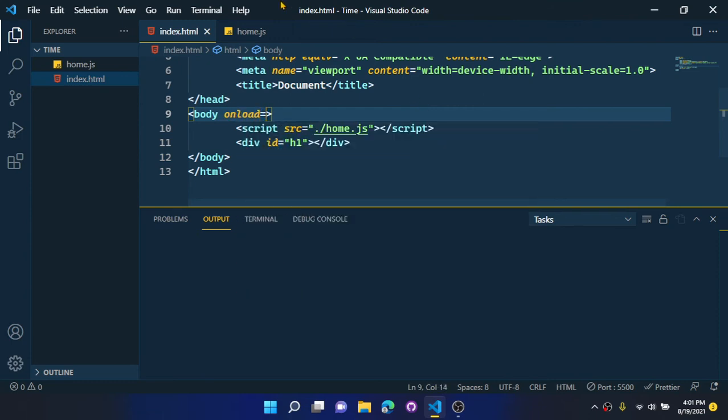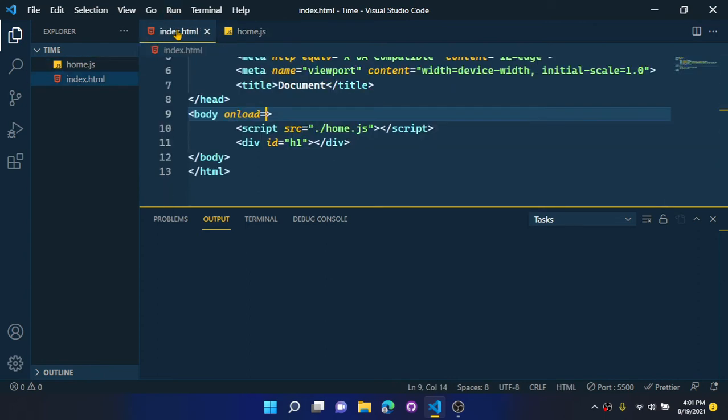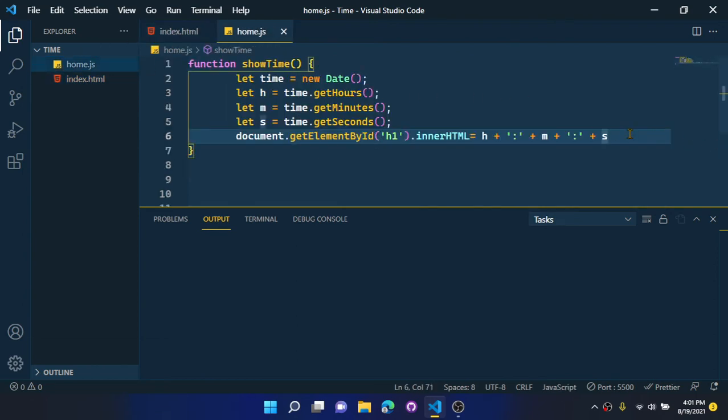And let's type the function of home.js, which is showTime. Show time, and here we go. Let's go to home.js, and below, in our HTML or the document.getElementById function,